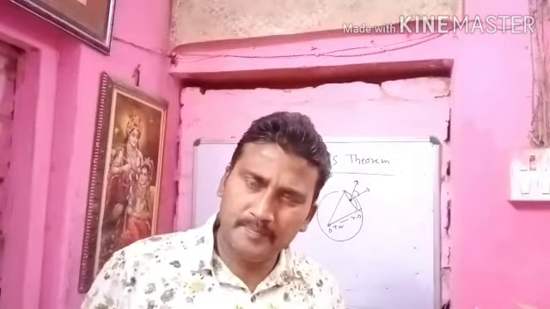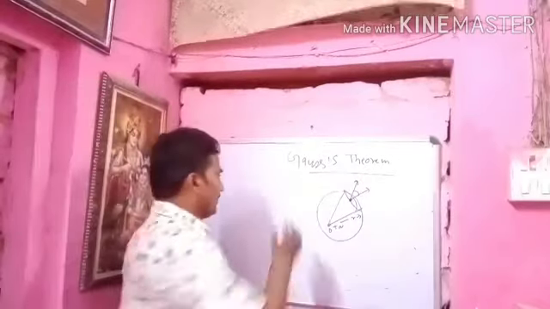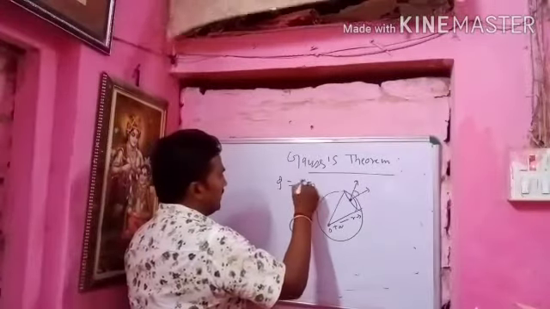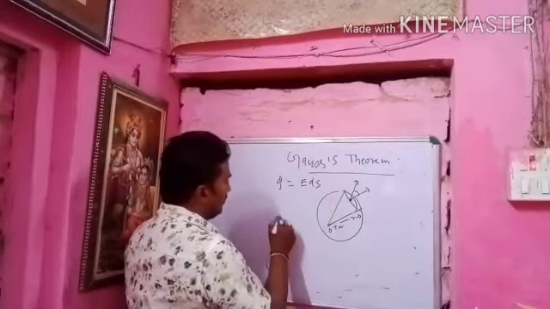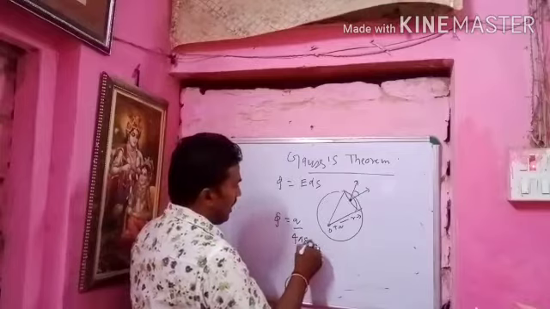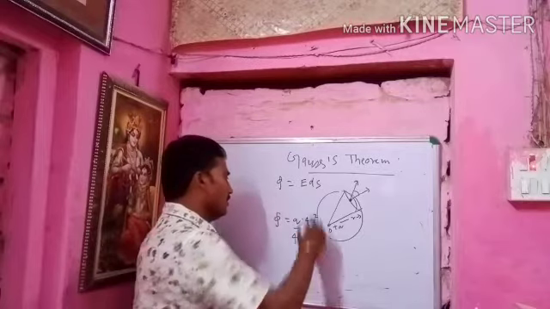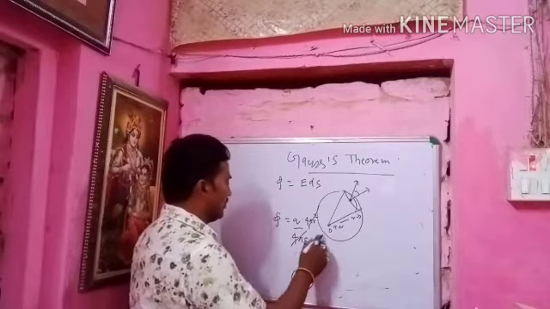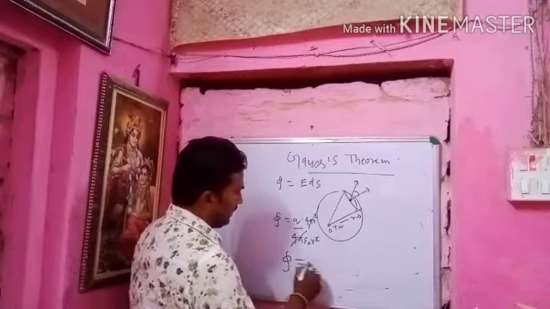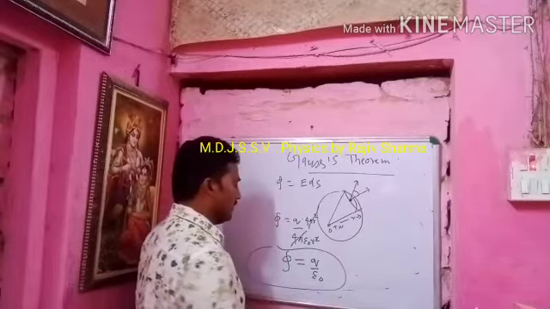Basically, it is the product of the electric field and the area of the given surface. We know that the electric flux phi is equal to E into ds. Now we put the value of the electric field, Q upon 4 pi epsilon naught r square, into the area of the sphere, 4 pi r square. The 4 pi r square cancels with the 4 pi r square. Then the mathematical relation is phi equal to Q by epsilon naught.